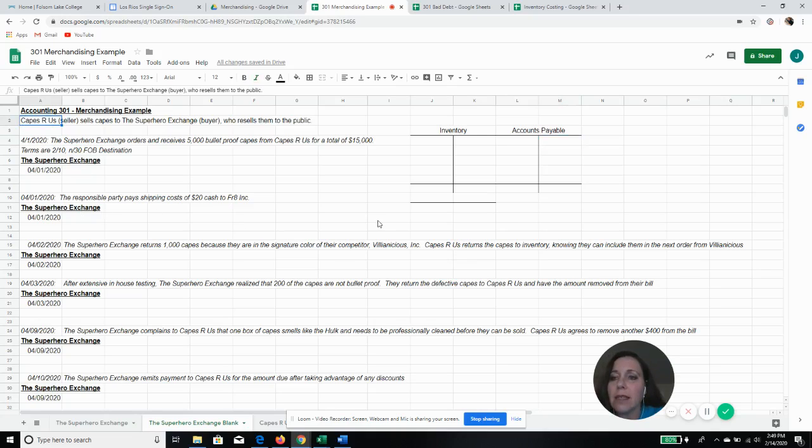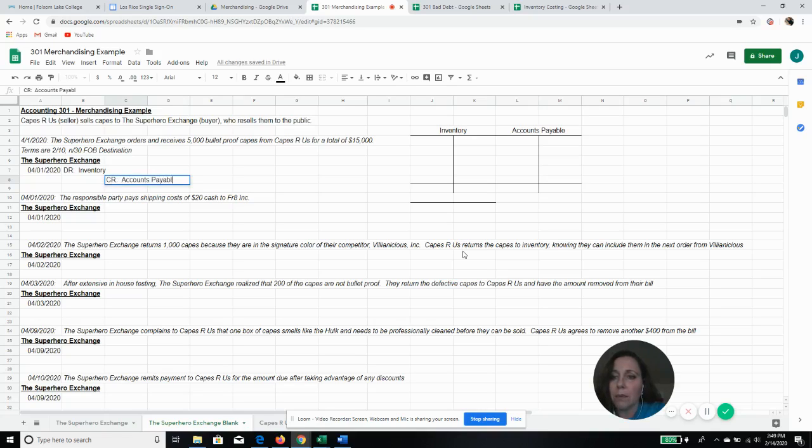Capes R Us, the seller, sells capes to the Superhero Exchange, the buyer, who resells them to the public. On April 1st, 2020, the Superhero Exchange orders and receives 5,000 bulletproof capes from Capes R Us for a total of $15,000. So on the buyer side, we are going to debit inventory because we'll put these capes into our inventory until we sell them. And we're going to credit